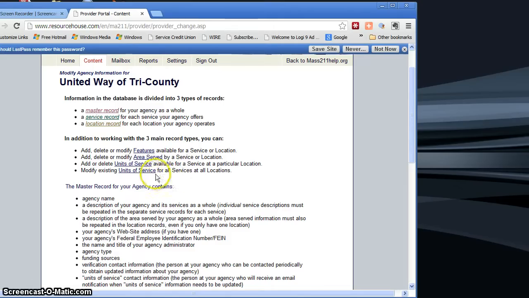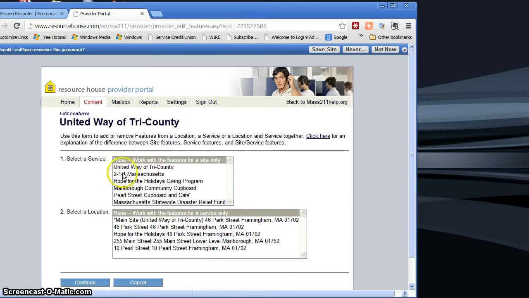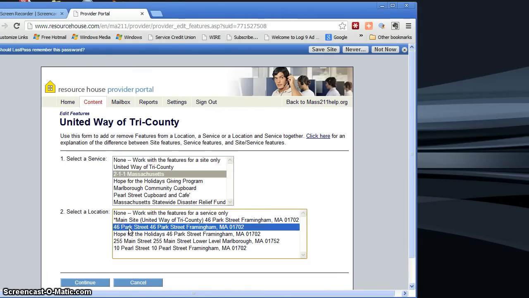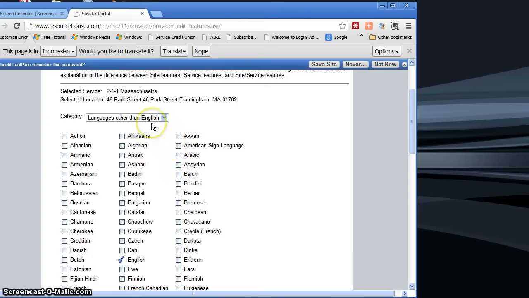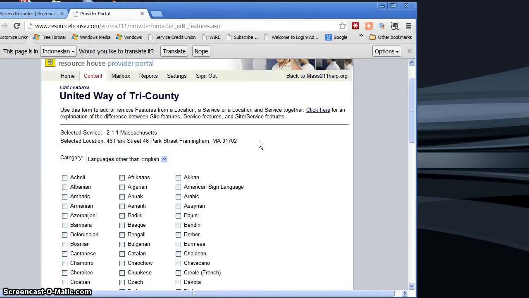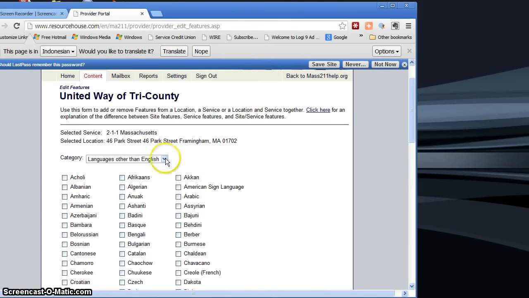Now, once you've done that, you have the option to go into what we call features. Features primarily deals with what languages are spoken, as well as accessibility features. So you click on the features section, you click on the particular program that you're interested in, the particular location of that program, you're continuing, and you get a list of languages